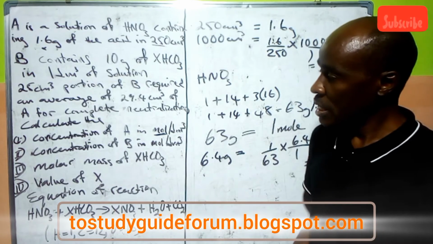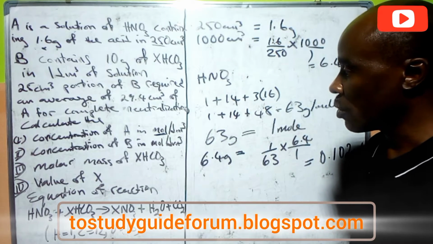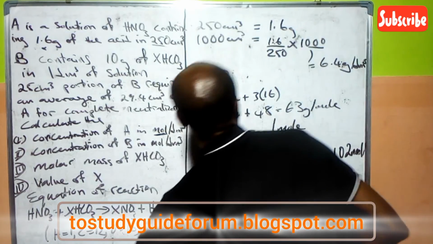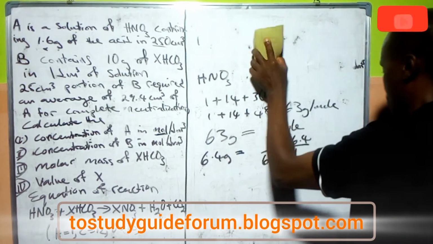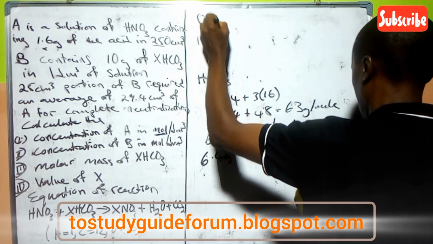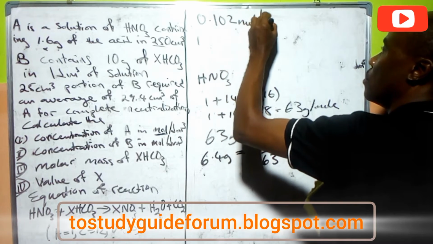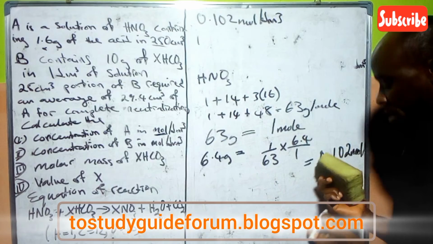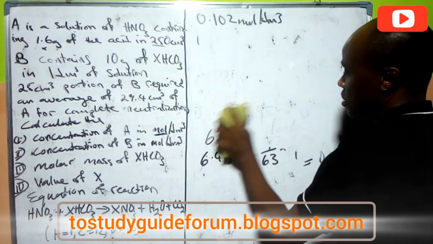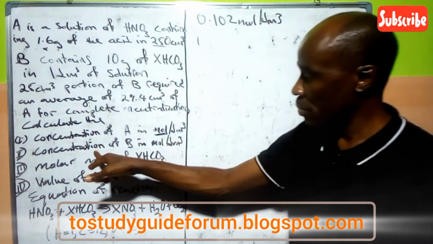So the next one we're going to be doing now is the concentration of B in mole per dm cube. I think we can just keep this here, 0.1 mole per dm cube. That's for the acid. So let's just keep it here while we do the cleaning. All right. The next thing we are going to do now,